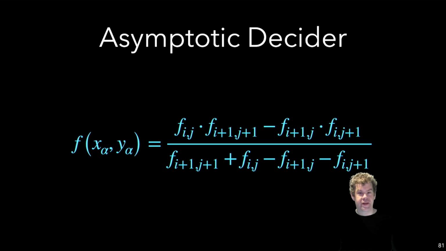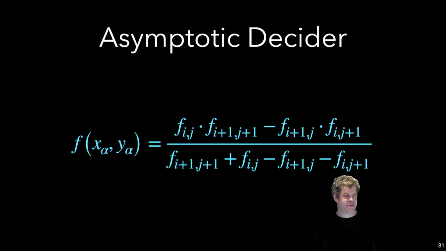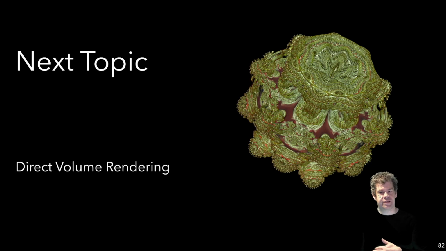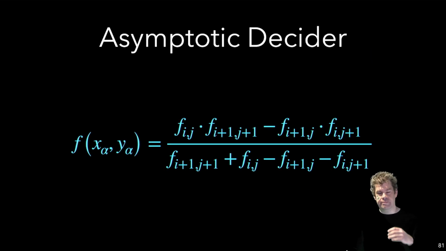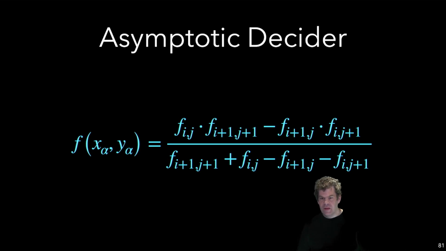Why would I care about beta? So let's do a sanity check, if someone's still paying attention. So what did I do with that beta? I'm actually claiming here that at that point I'm done. Okay, so I'm actually done. Like the next cycle will be the next topic. So I'm done here. Why am I done? Why do I stop talking about marching squares at that point? Because we interpolate at that point. Well,